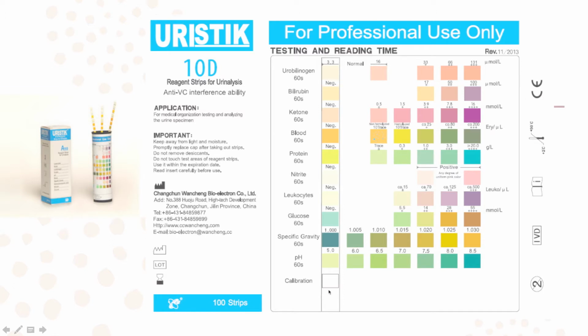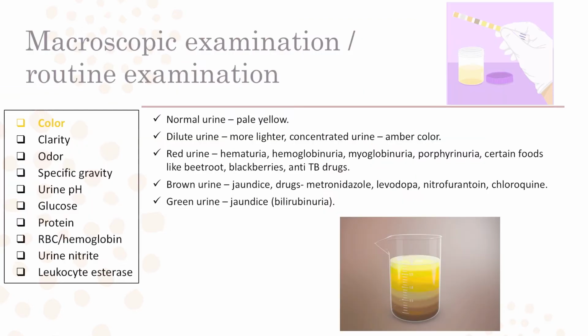So you can see here the dipstick looks like this, and it has different chemicals marked over it, and we dip this in the urine. It changes color and we match the color, and according to the color we label the presence or absence of different items. For example, pH, glucose, nitrite, protein, ketone, bilirubin, like that. This test is very easy and it can be done by anyone, and it is very cheap. So it is a very preferred examination to check the urine.